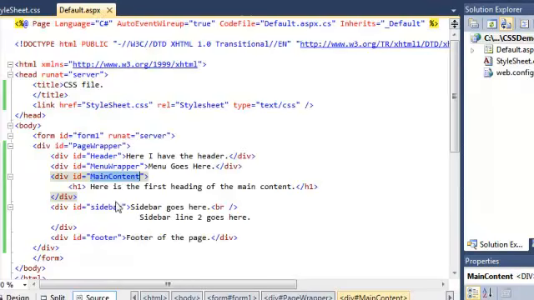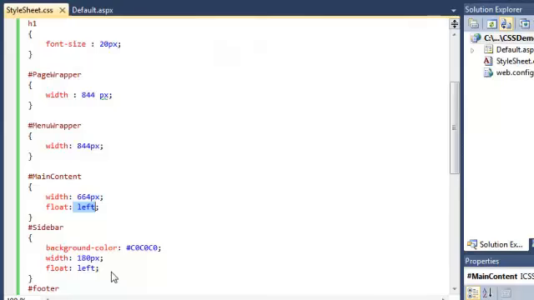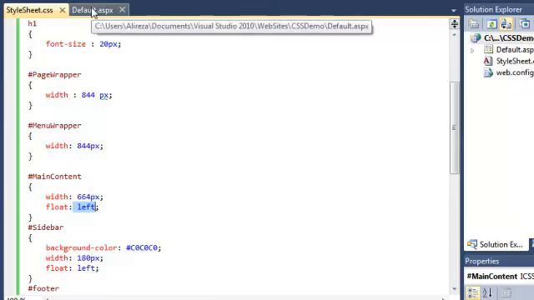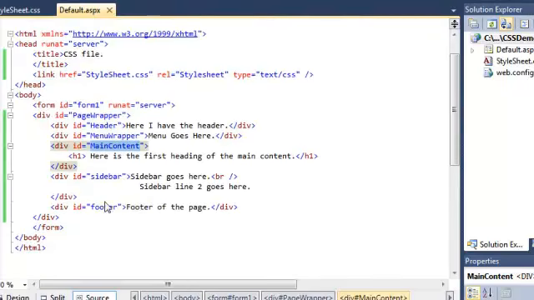And then the sidebar contains some sidebar information. I want it to appear to the right side of the main content of the page, so I created floating left, and I created its width. I designed its width so that the main content placeholder and the sidebar placeholder side by side will fill the entire page. And finally, for the footer, I just want it to be as long as the page itself,